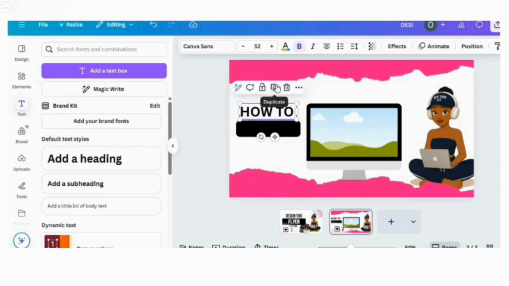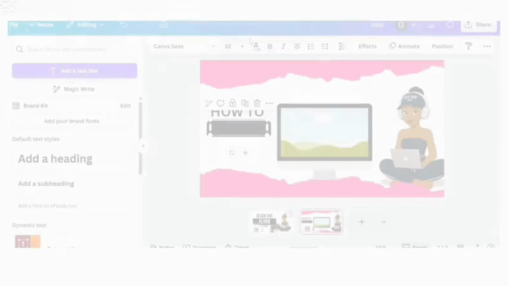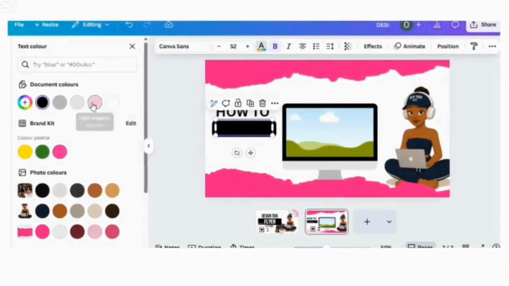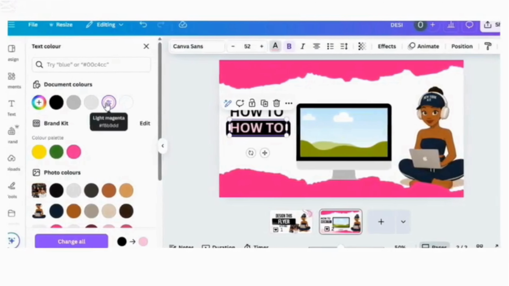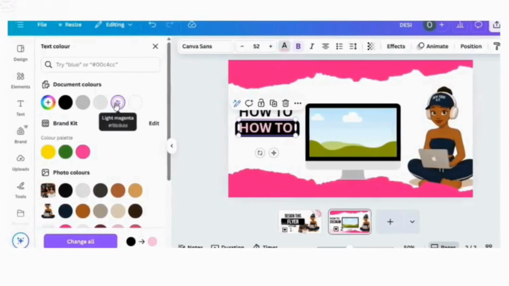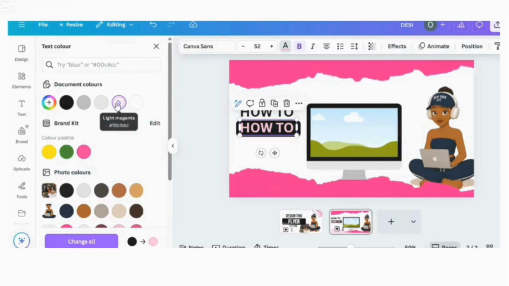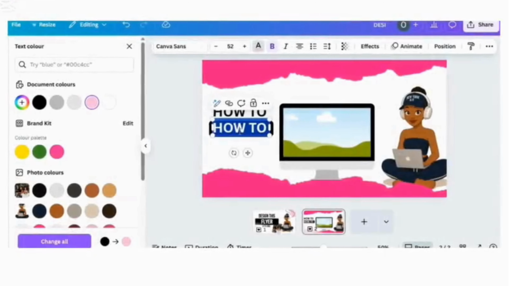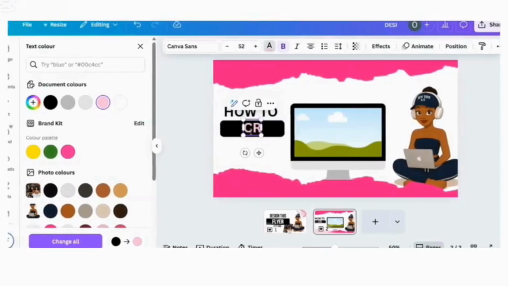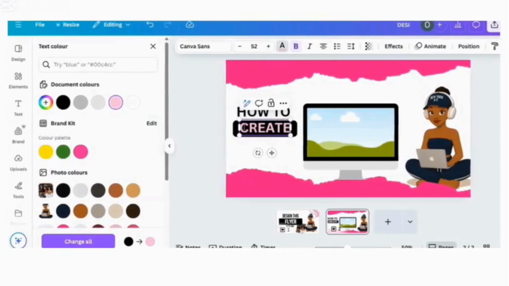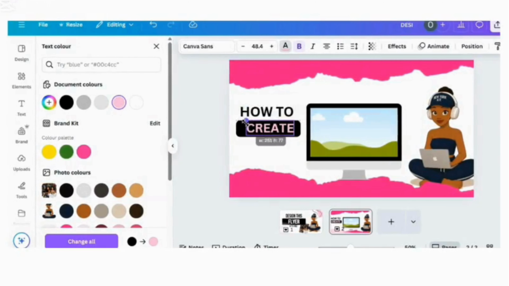Okay, and now I'm going to duplicate that text. I'm going to change the color of the font to a light pink. I'm also going to reduce the size of the font, and I'm going to change the text to create. Reduce the text now,